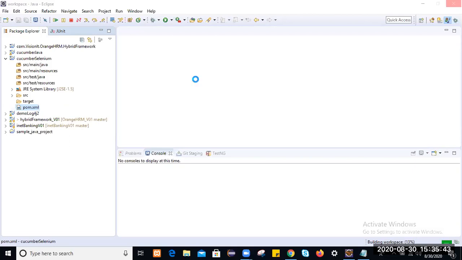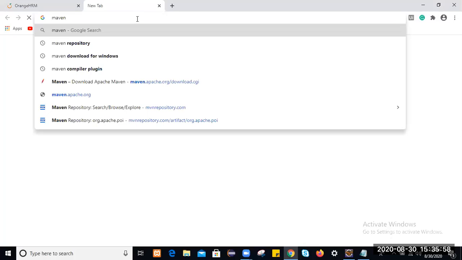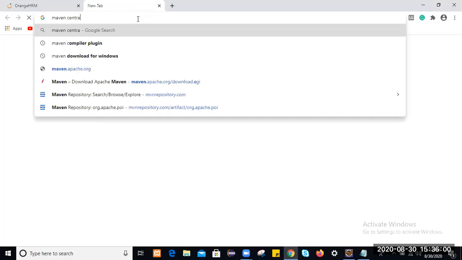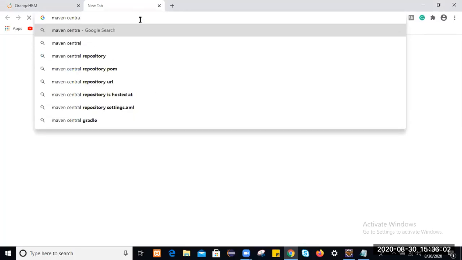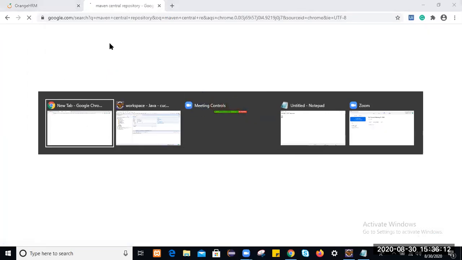So it's loading now. Meanwhile, we'll go to Google and search for Maven central repository. Just go to this Maven central repository, and here we'll add all the required jars, whatever jars we'll require. So you see, pom.xml got open.